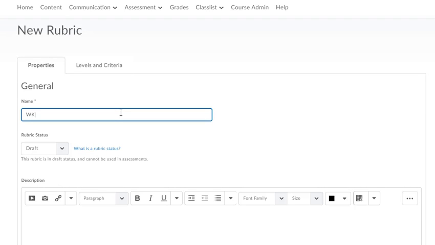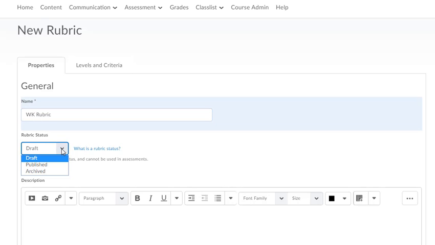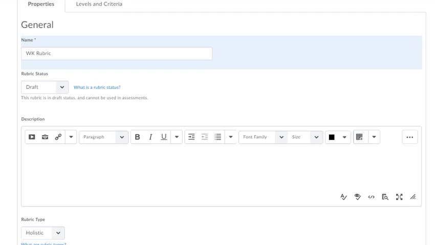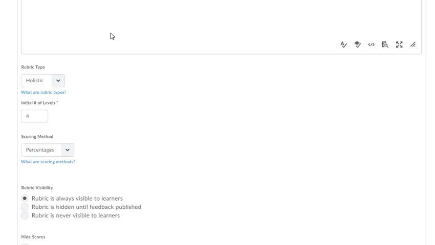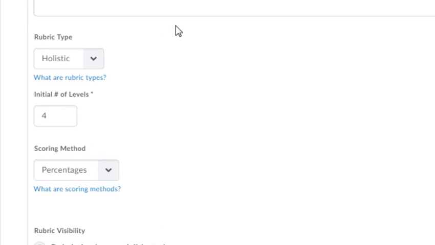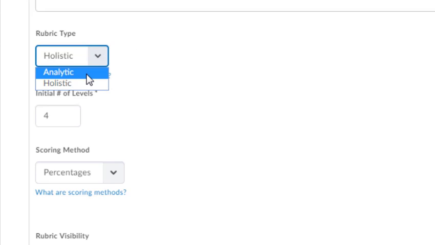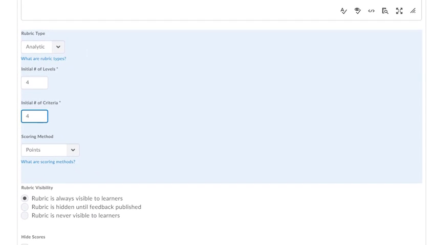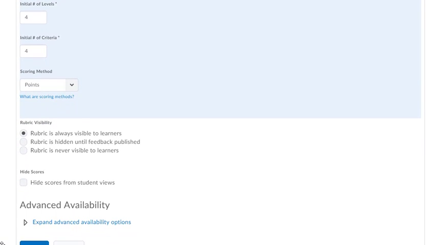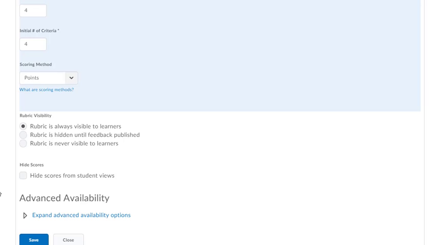This will allow you to create your next rubric for your assignments. You can set this to draft, publish, or archived at this time. During the setup process, you'll be able to customize your text and format additional information to provide instructions. You can select from 2 different rubric types, holistic or analytic. For this particular rubric, we will set up 4 levels and 4 criteria. Below, you can select the visibility for users,